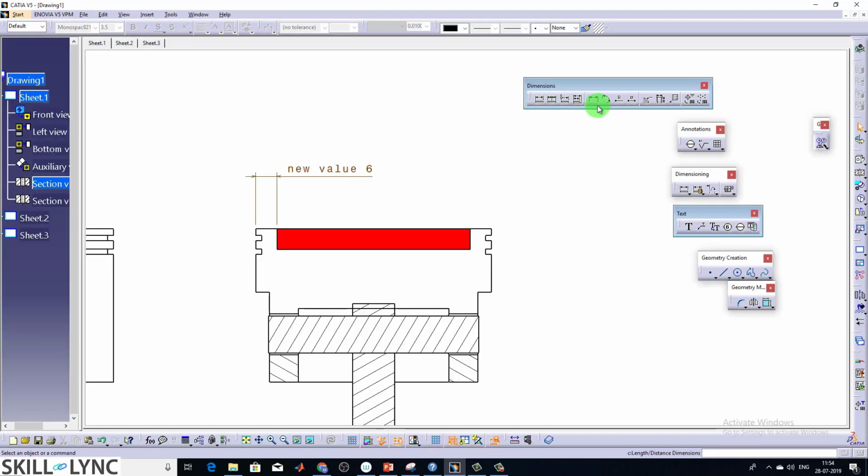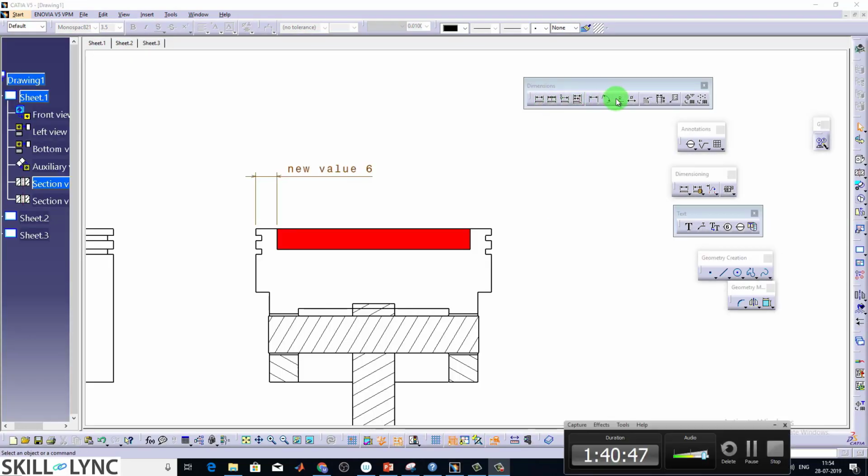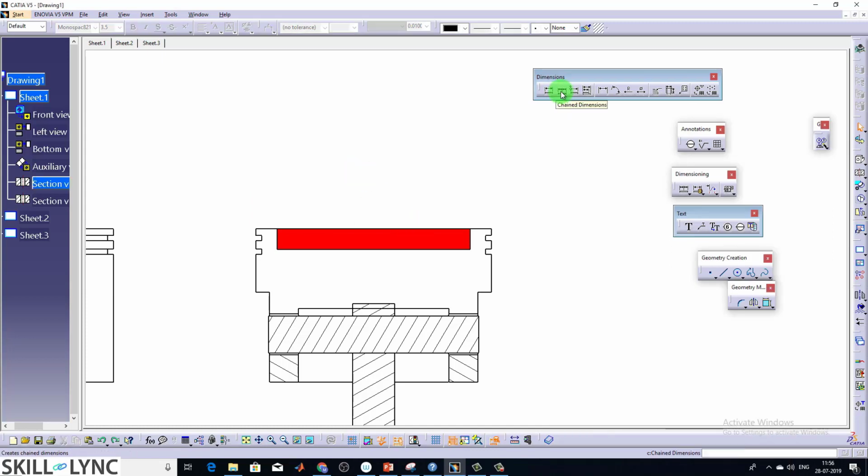This is the exact toolbar from the dimension. So always no need to go for each and every toolbar here, for measuring dimensions, radius and dia value. Even you can directly select this one and start with doing it. The first, these things are like a chain mode. Second is cumulative mode. So the first one is a chain mode. So the normal dimensions mode. I'll just delete it. So we'll now see the chain dimensions. So from the picture you can see, chain dimension is not going to take every time the first one. So for example, this here